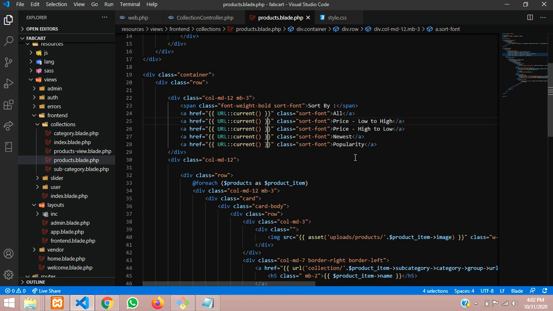Let's paste it, and then we have to concatenate. So let me concatenate it and give double quotes and sort, with that hyphen and your values. So how are you going to sort the values? Sort is equal to sort. Okay, so now guys, for first low to high, the price will be in ascending order. You can give price DESC, price DESC, low to high.